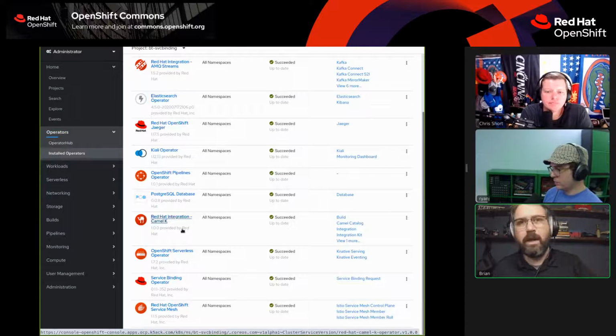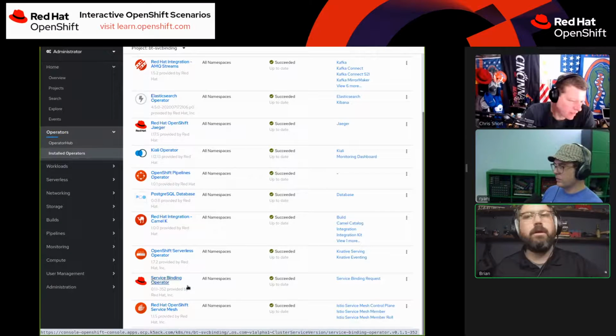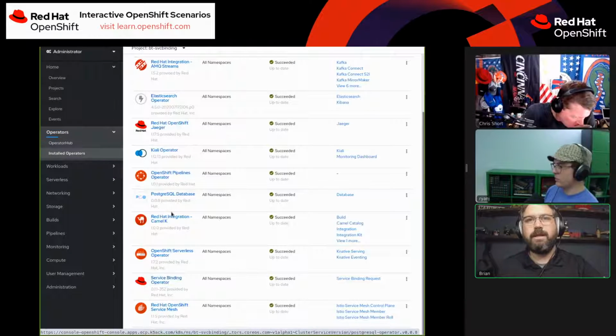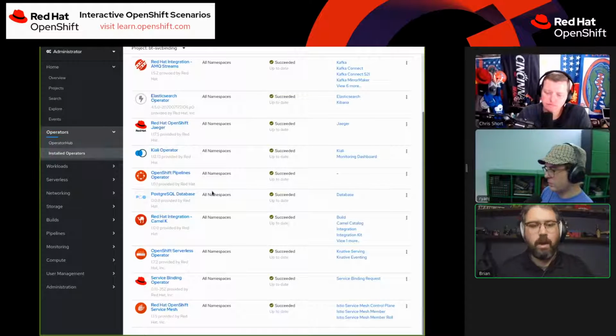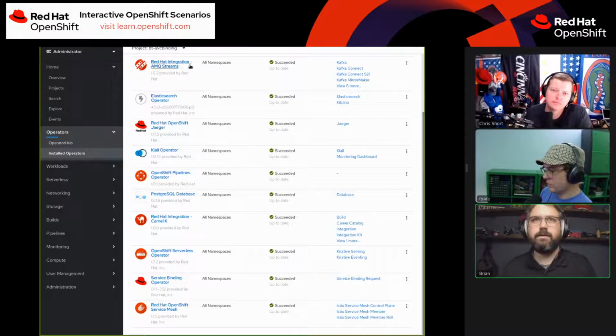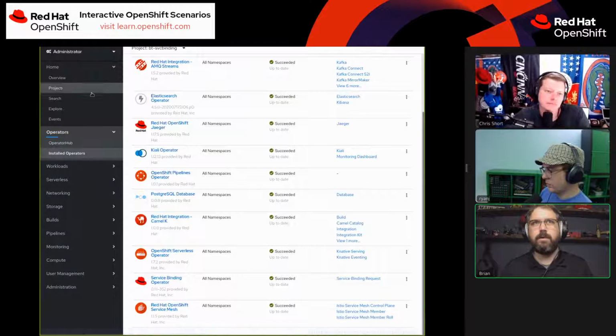So I went and installed these operators already. If I need the service binding operator, well, there you go. It's available for me. If I need CamelK, if I need Postgres, the database, like what I used earlier, I could roll that out with an operator that was already pre-installed. So this list already has a couple different things in here.